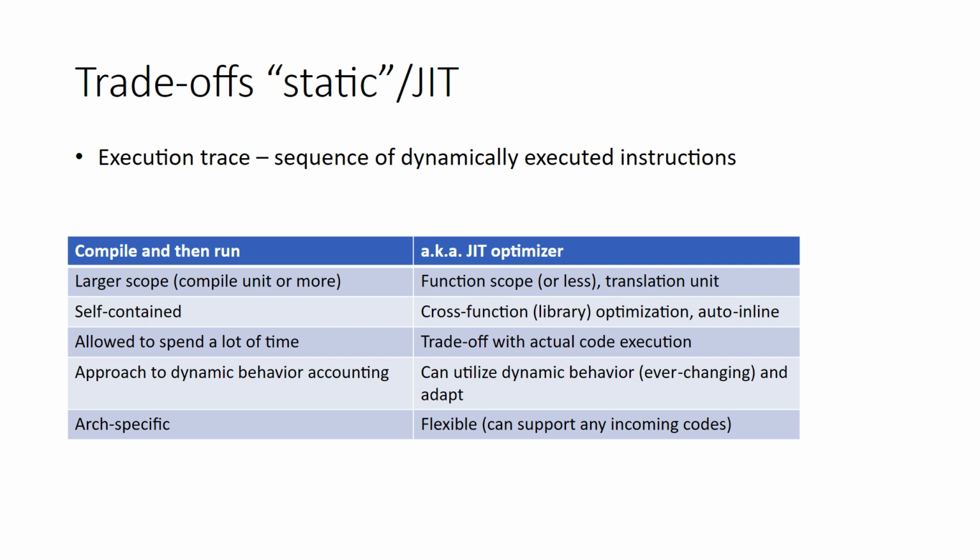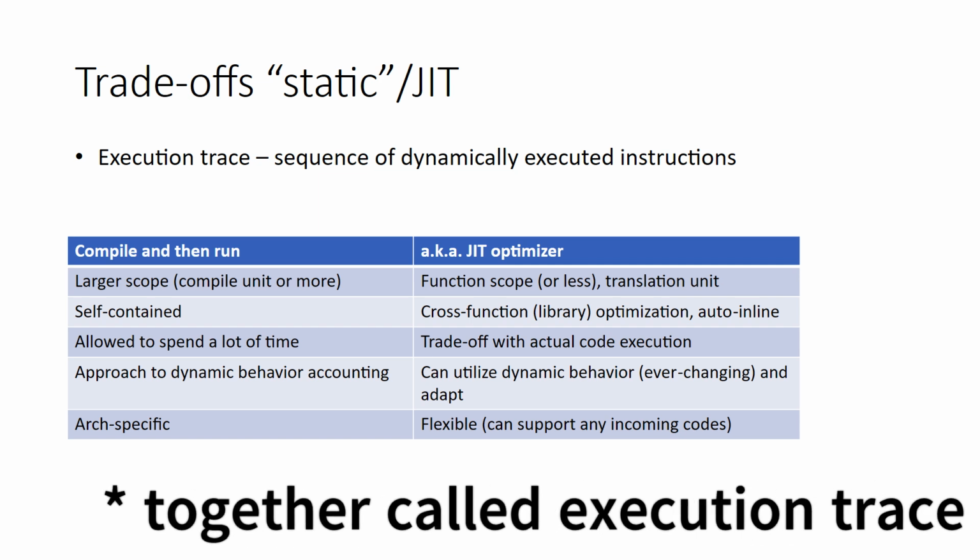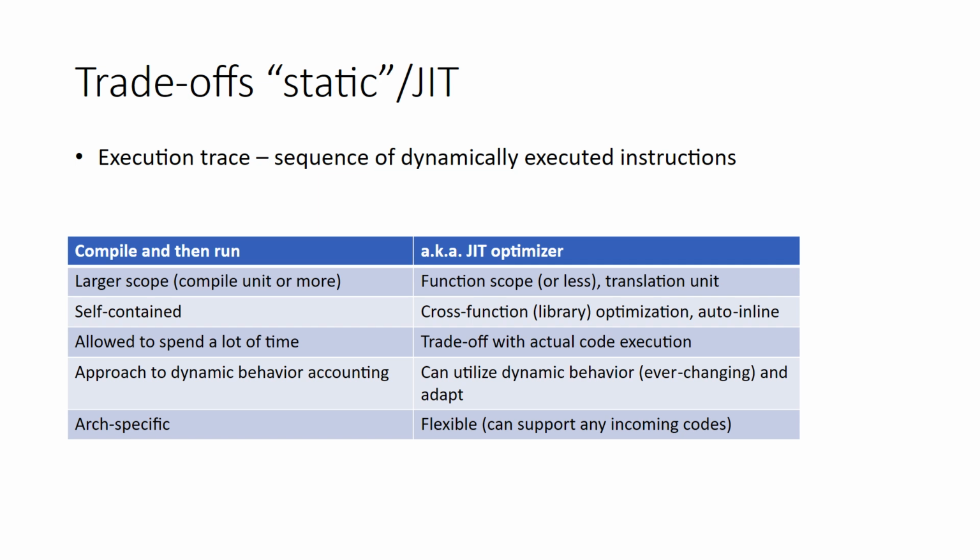With the JIT optimizer, you are seeing instruction after instruction after instruction, and it has some scope for tracking. It may be in the range of hundreds of instructions. It may sometimes be a very large scope, but